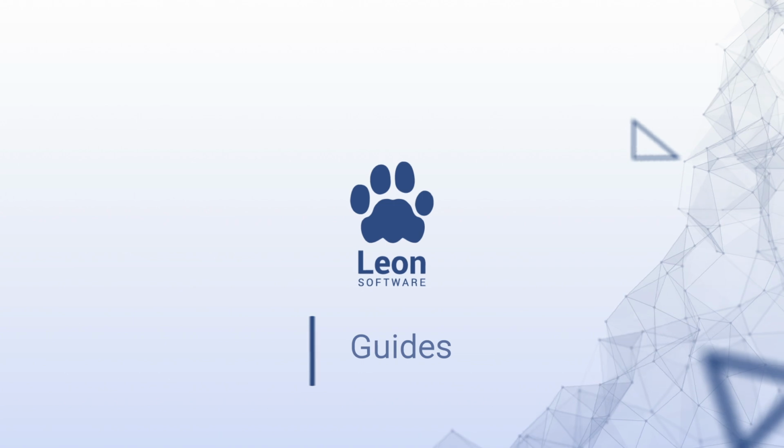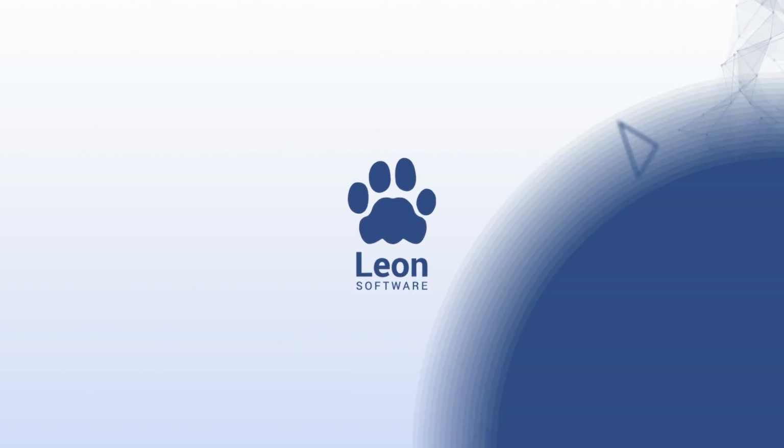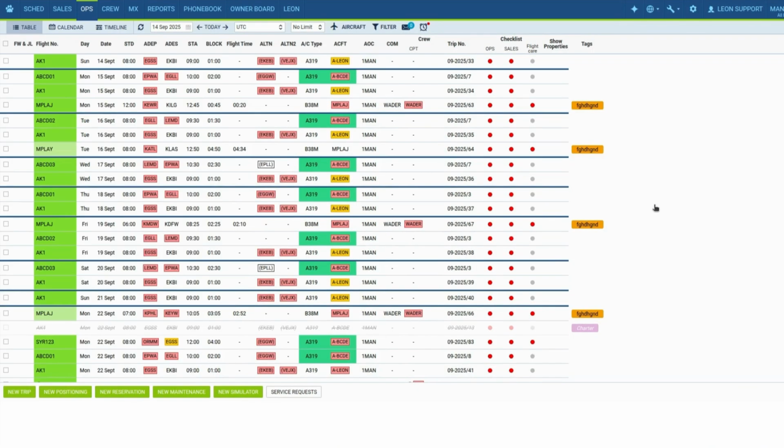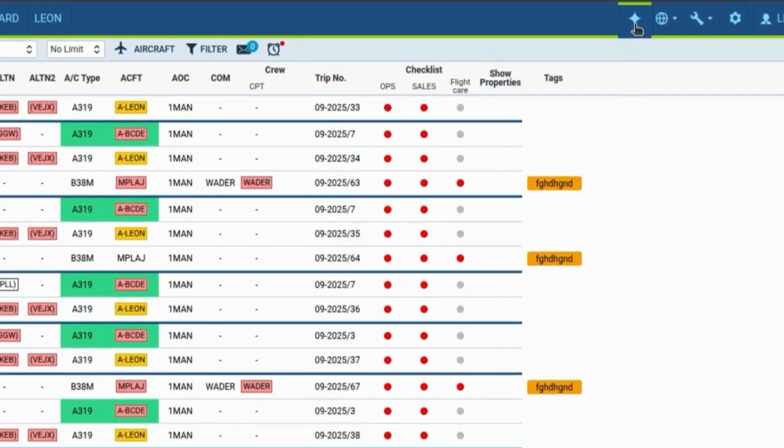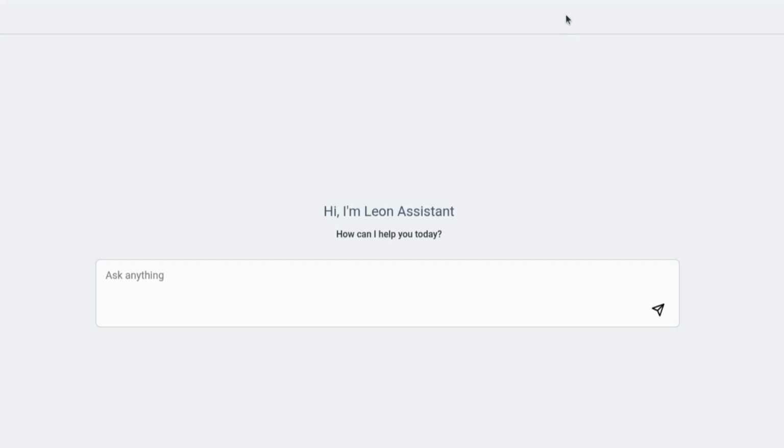In today's video, we will focus on Leon Software's AI assistant, Wingman Chat. To use Wingman Chat, simply click on the star icon located on the top right corner of the main menu. A new window will appear where you can ask the assistant for help with your daily work in the Leon